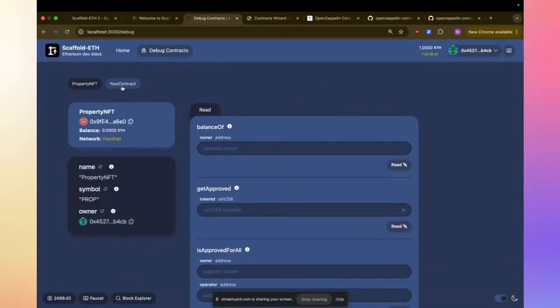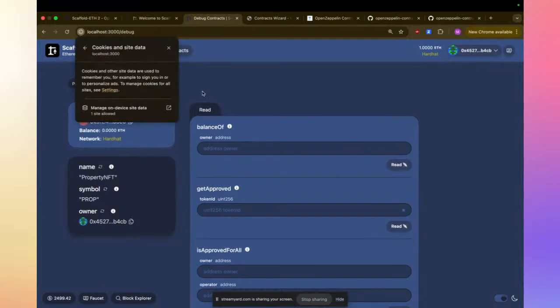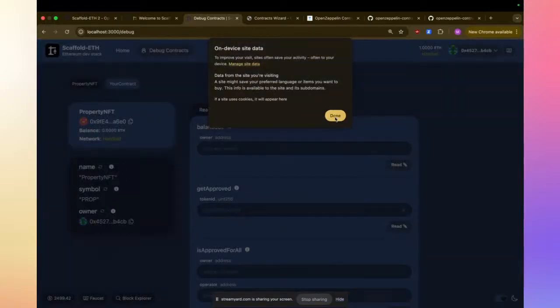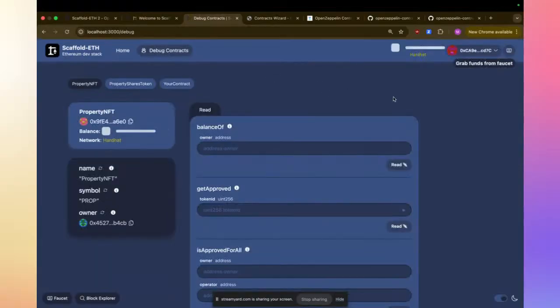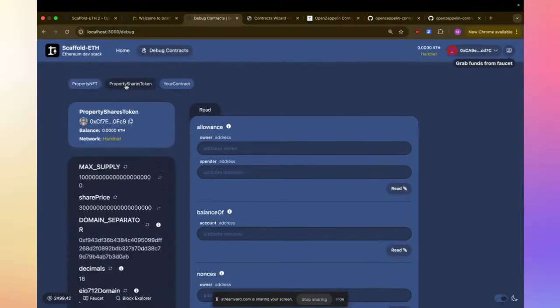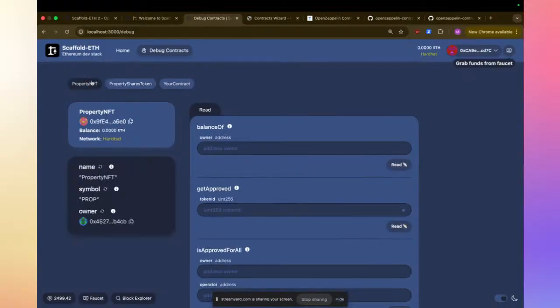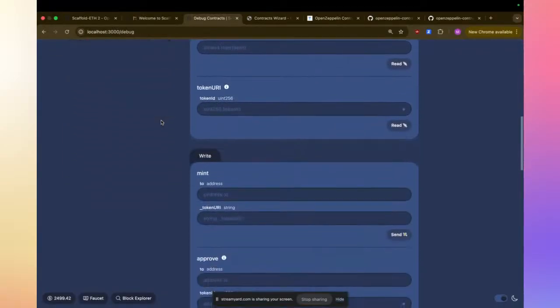Okay. So why is this your contract? Let me. Okay, so we have property NFT, the shares token, and it seems like the contract's still over there somewhere. Anyway, so this is the NFT.